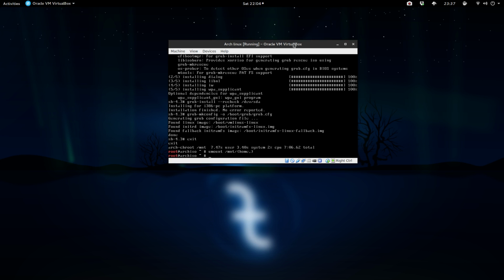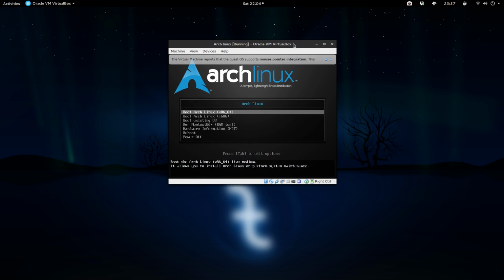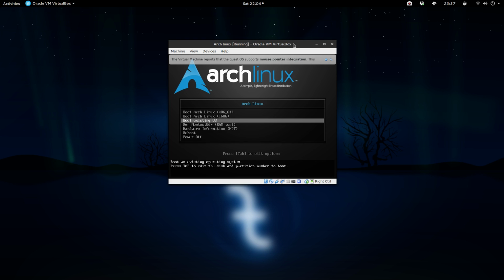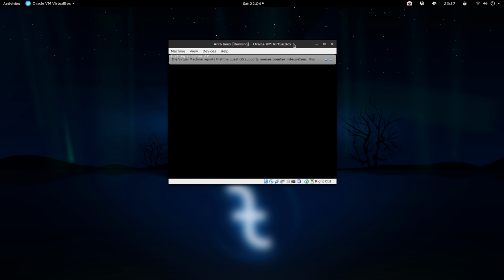So if we just reboot, you'll see that the grub menu will come up as Arch Linux. You just want to take out the installation medium. So we're going to just do that, and there, Arch Linux, and go here.